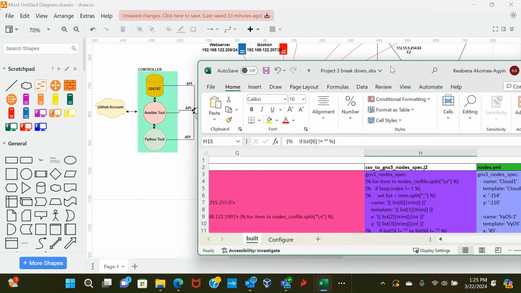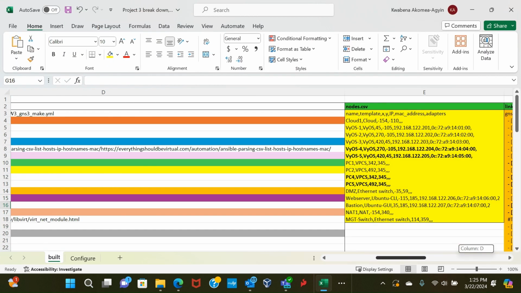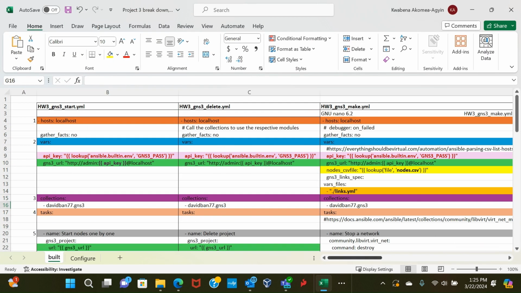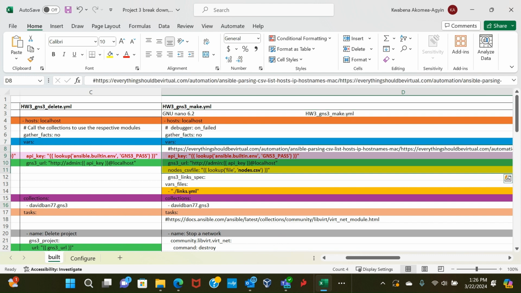So I just have this Excel template here in the build file. This is actually the content of what I'm talking about. Don't worry about these colors, they are just for reference. If, for example, I want to do a makefile, I have the variables that I should connect to.